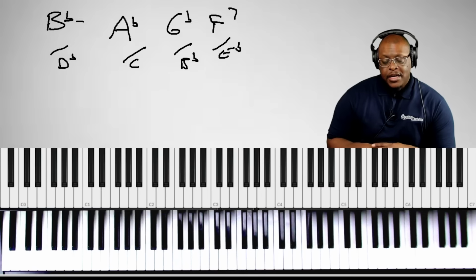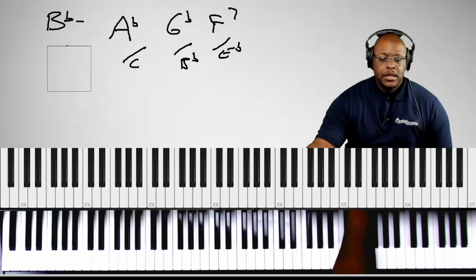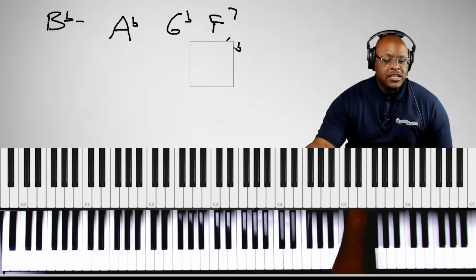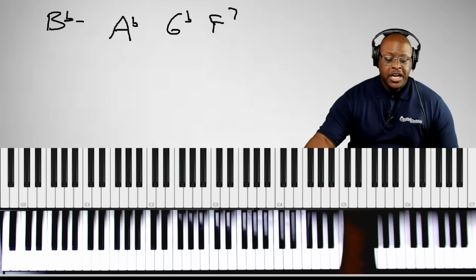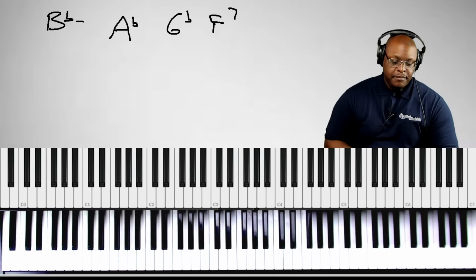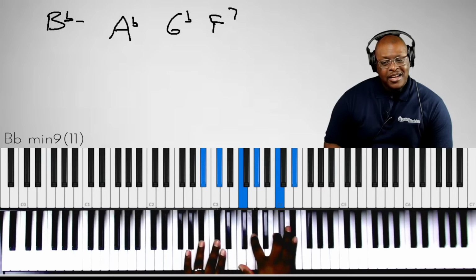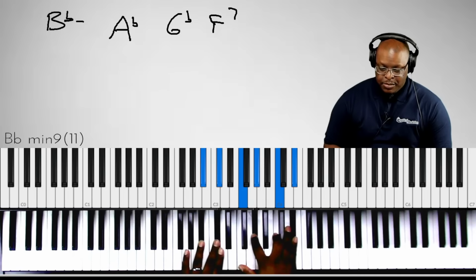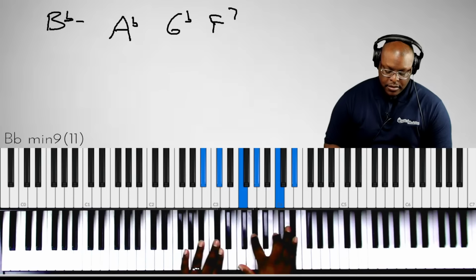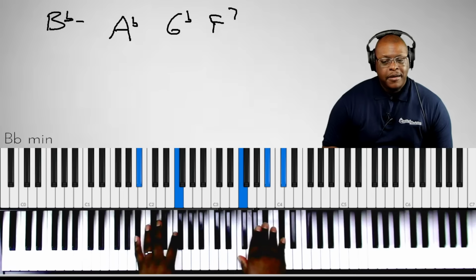The second thing I want to talk about, to add motion to what you're doing, is this idea of changing the tensions or changing the extensions on your chords. So let's look at the B flat minor. So look at the notes of B flat minor. B flat. Here are the notes. If I extend this B flat minor out to the 11th, and let's say I play it like this, right? Here's something subtle I can do. I just change the extension. Watch this.